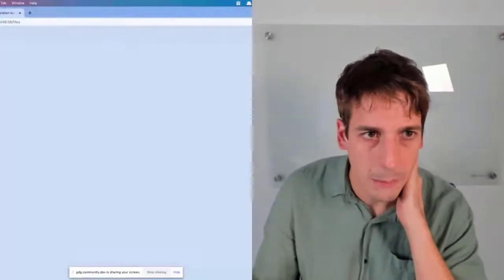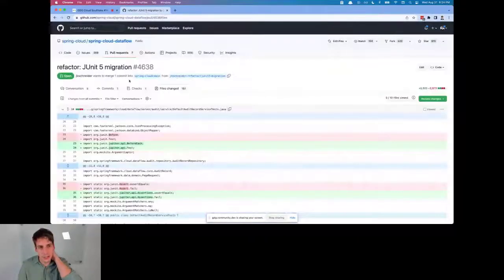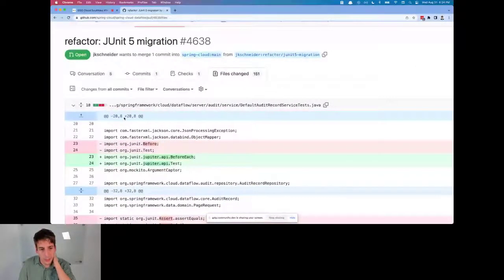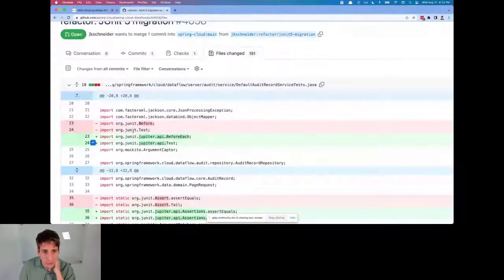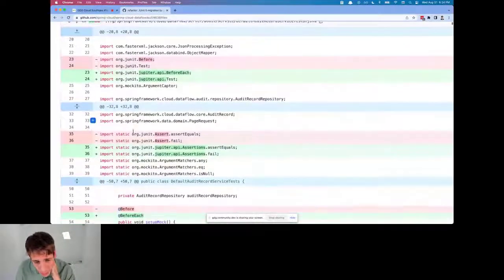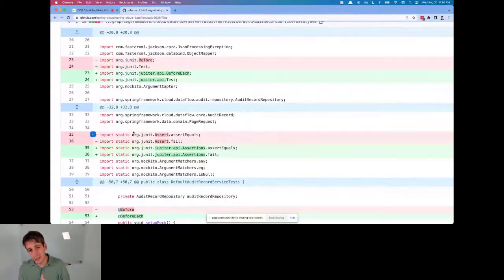Yeah. I want to show another example. I should have shown this earlier. I kind of forgot, honestly. I'll show an example of something that shows just how tedious this stuff can be. This is a JUnit 4 to 5 transformation. This is what a recipe did to move JUnit 4 to 5 for Spring Cloud Dataflow a while back. And note that the Dataflow team had been working on this.